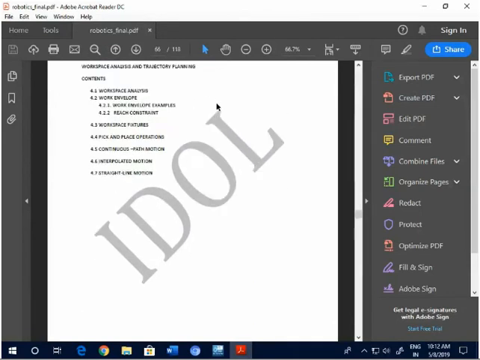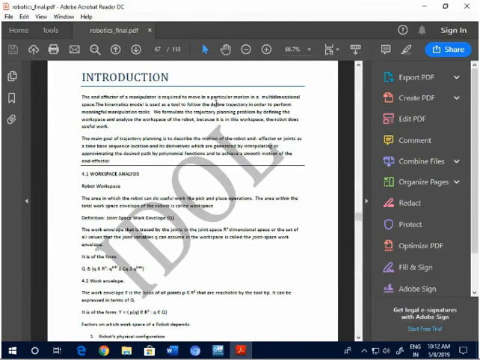Workspace analysis actually is the area in which the robot can do useful work. Okay, so the area in which your robot arm can move and do some useful work of picking up, placing operations is called workspace analysis. Now